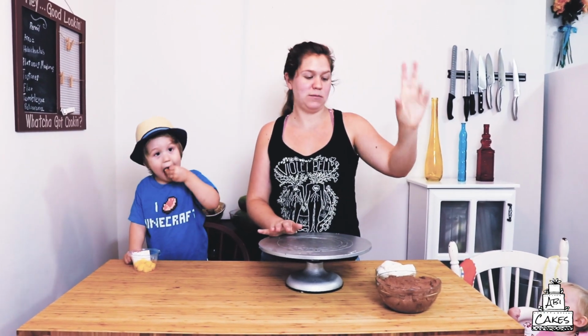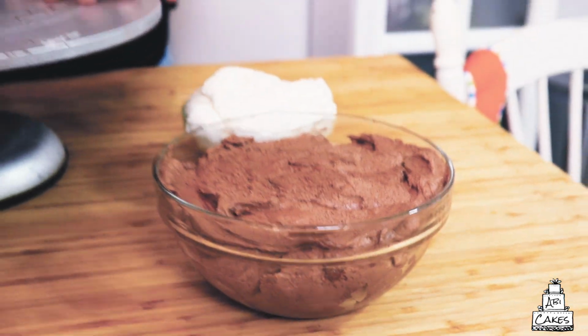We're gonna decorate this vegan chocolate cake. I've made some chocolate vegan buttercream and some vanilla vegan buttercream. If you'd like to see how this chocolate one is made, I'll be posting a video on that soon,